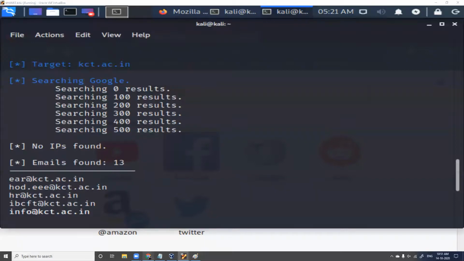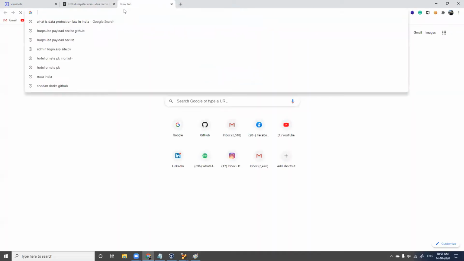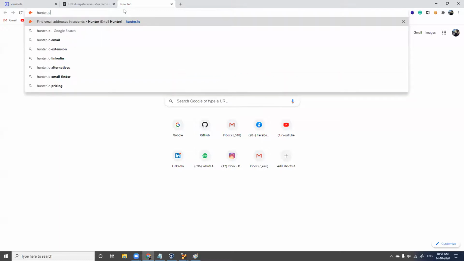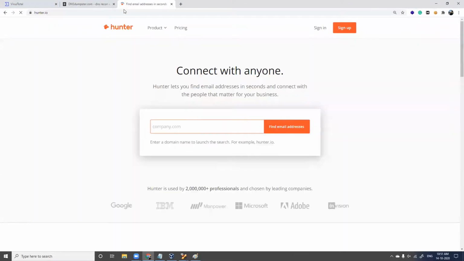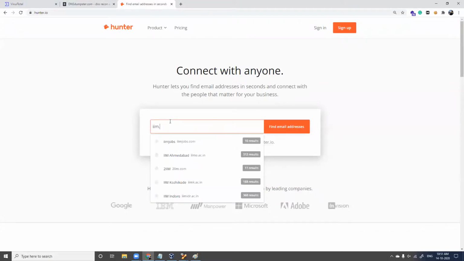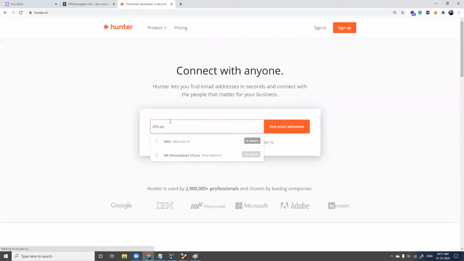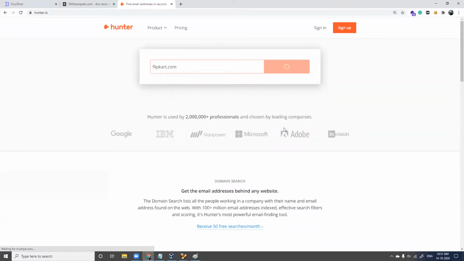It's an excellent tool. And one other tool which can be used for finding email addresses is hunter.io. On hunter.io, you give any domain. To make it very simple, I'll give flipkart.com. I wanted to find the email addresses related to flipkart.com.